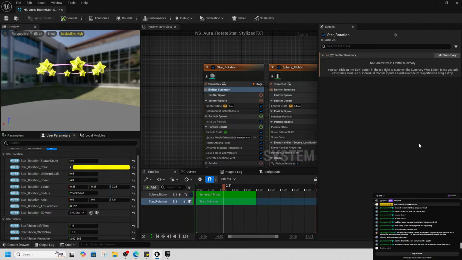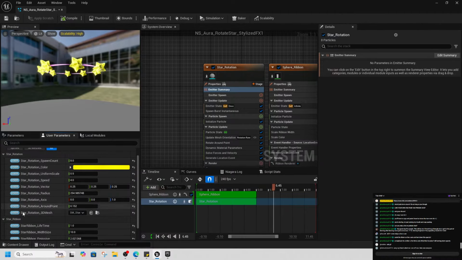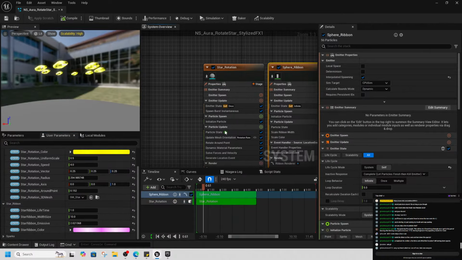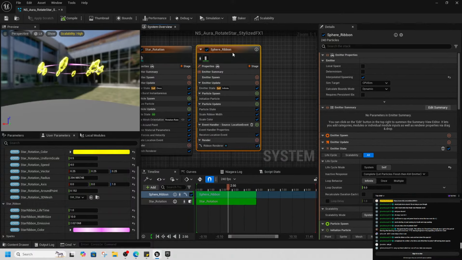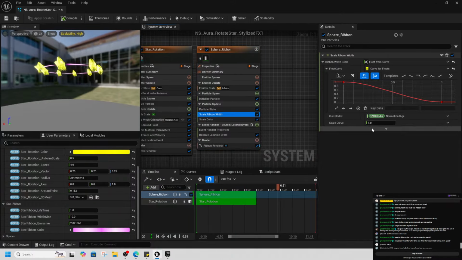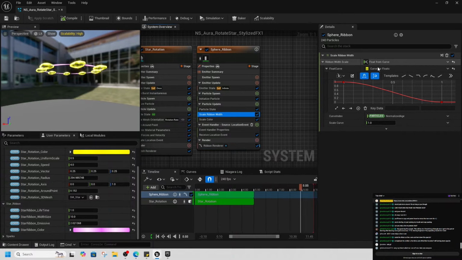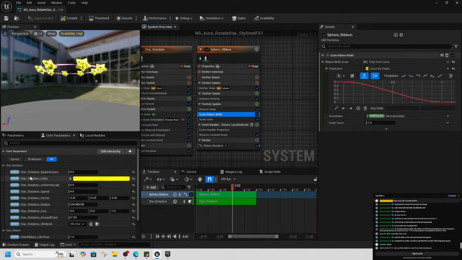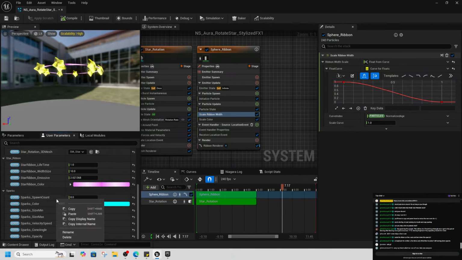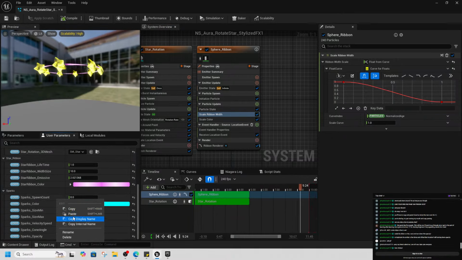Right, there we go. Right, what's the suggestion from Mark? Let's see. Scale the ribbon on the z-axis and turn down the opacity. Ribbon. Scale ribbon width. It says,